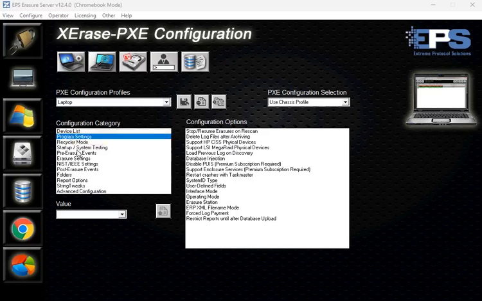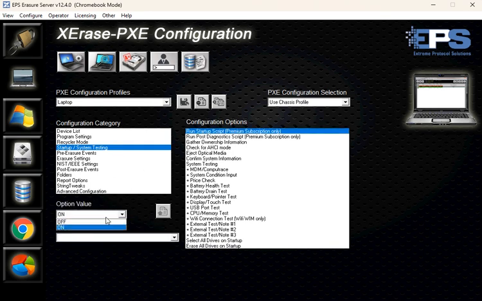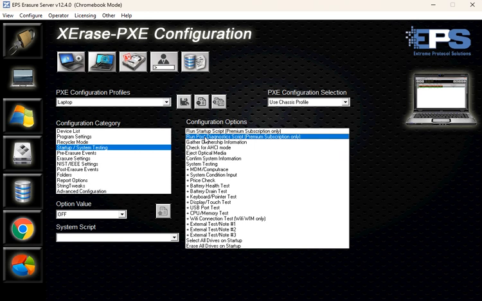In this video, we're going to discuss the startup and system testing options for our PXE Boot software LCServer. So here you can see we've got a bunch of different options. We've got these startup scripts here at the beginning, a system script here for startup and a system script for post-diagnostic. So once all these tests are run, those scripts are created and designed here, and typically they're for API